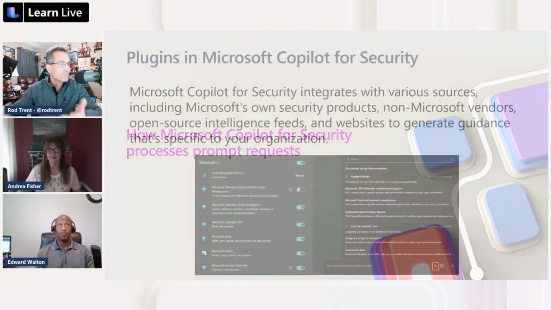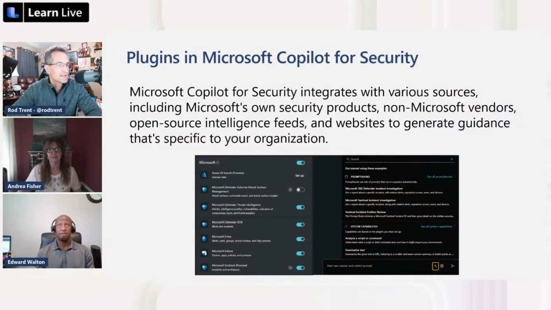So let me click on that real quick. We kind of want to walk through the process, and we talked about plugins a little bit already, but this is actually part of that process as we start talking about how Copilot for Security actually works. It takes your prompt, your query or your statement, and pushes it through the system, right? So number one, it looks at any plugins that have been enabled in your environment. You can see there, and I showed you also in that demo screen, these are the ones that are enabled in my environment.